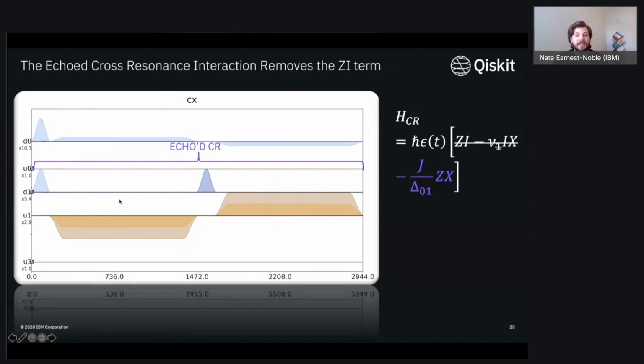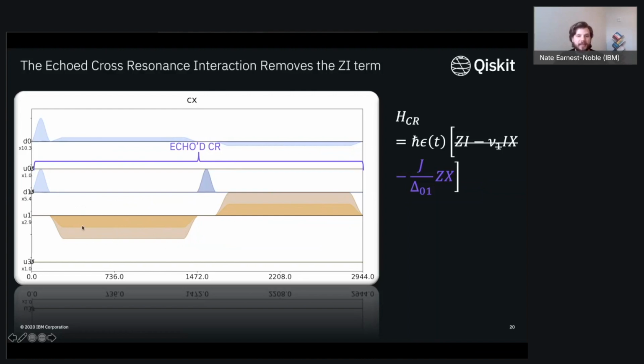So what the pi pulses end up doing is in essence equivalent to that dynamical decoupling that we had earlier, where you can flip the state of your qubit, and then it can begin to precess in some opposite direction such that you can actually remove certain terms that you don't necessarily want to have. So what this basically is: you apply some pulse before, you evolve your cross-resonance gate, or you apply your first cross-resonance tone, you apply another pi pulse, and then you evolve this cross-resonance tone in the opposite direction.